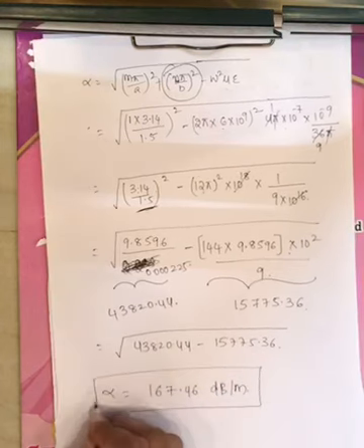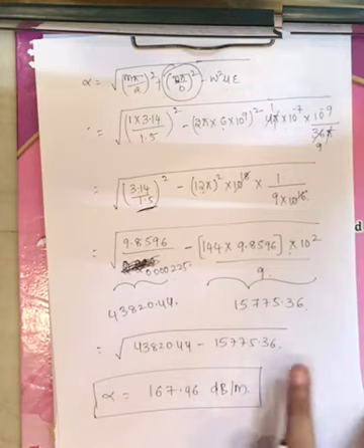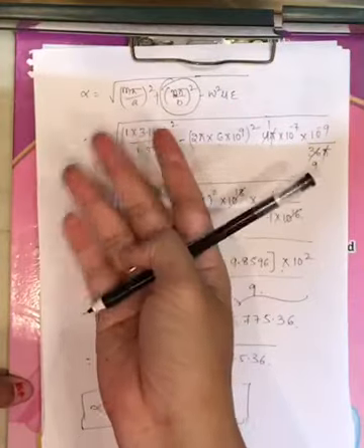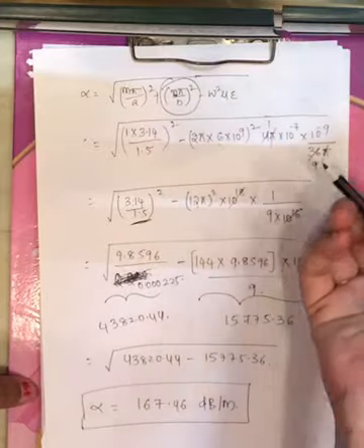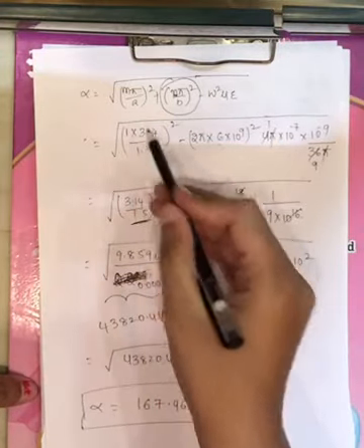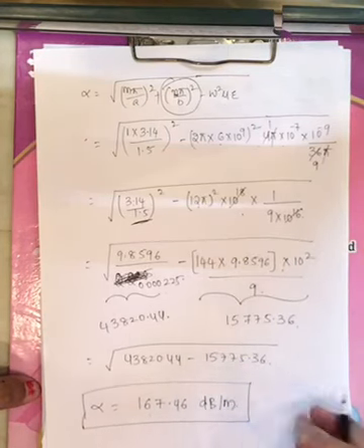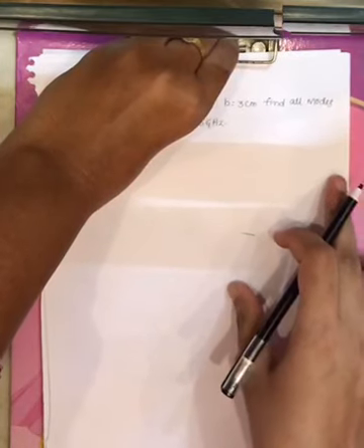dB per meter. Now this is the amount of attenuation, right? dB per meter. Since all are in terms of meters, you will get it in dB per meter, right? Now this is how to calculate the amount of attenuation. This is the formula when F is less than Fc, right? And if they didn't mention the mode, consider it as dominant mode, right? Directly substitute values, you will get 167.46 dB per meter. Now this is your third problem, which is your previous GATE problem from the year 1996, right?